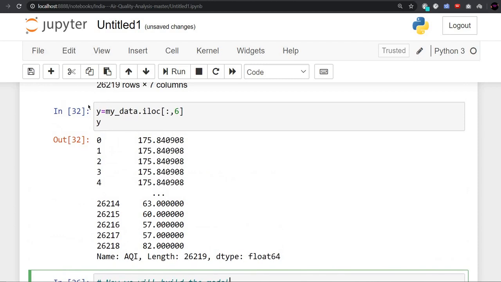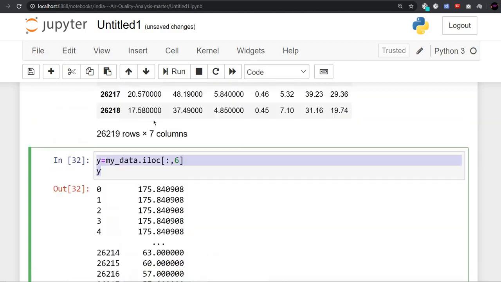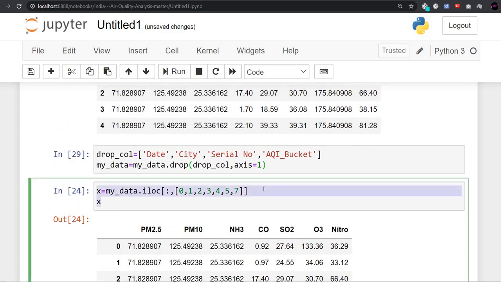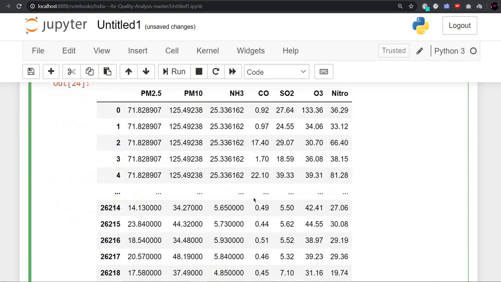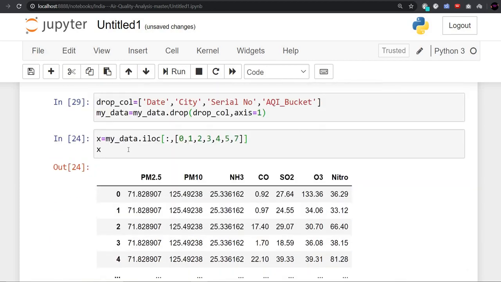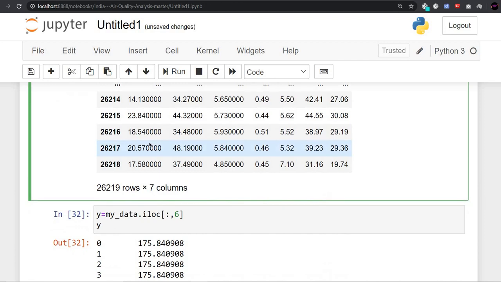We have manipulated our data set, and we have separated the x values and the y value, that is the independent variable, the input variable, and the output that we want to predict, that is the dependent variable. This is only the dependent variable, and this is the independent variable. We feed these inputs, give them some values, and we will get the output as AQI through the trends of the data that are calculated and stored in the CSV file.